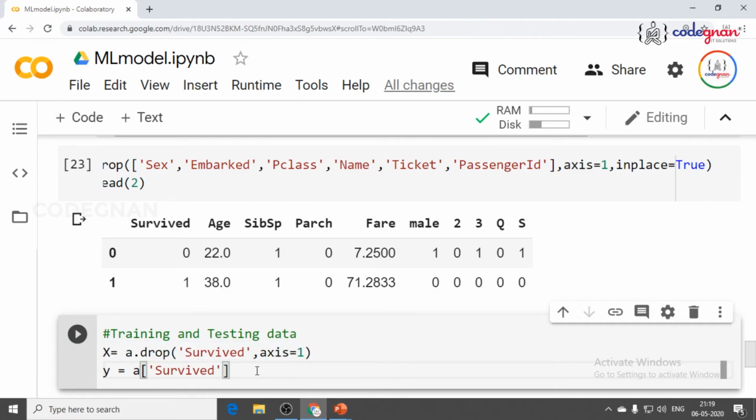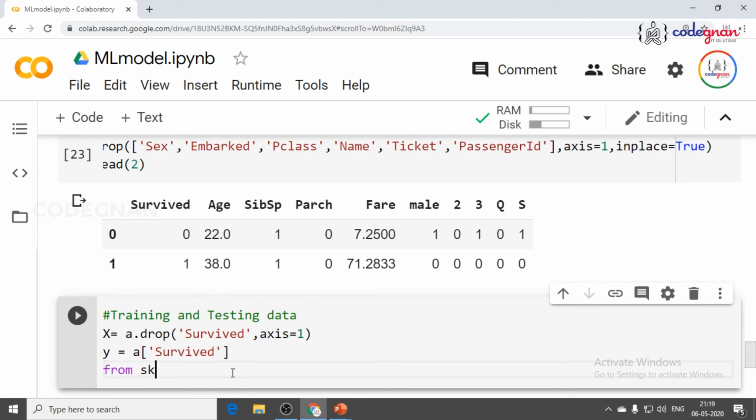So x is your input, y is your target. That is the reason in x I am giving a dot drop of survived, axis equal to 1. In y I am giving a of survived. I am not giving inplace equal to true, because if I give inplace equal to true, you cannot fetch the survived data into y category. That is the reason I am giving y is equal to a of survived.